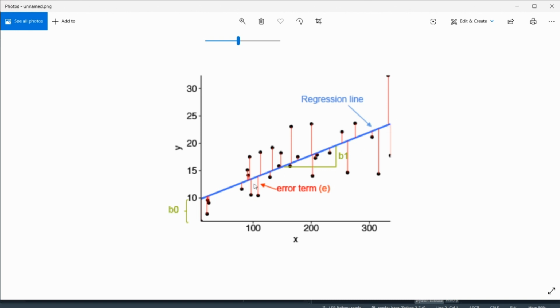So how is simple linear regression going to create this line, I mean the best fitting line of our data set? It's going to be created by calculating the error term for the line. Now what is the error term or error rate E? Let's say for the black point the value of y is like 10, but our model predicted a value which is going to be like 13 or something like that. So it's going to first calculate the difference between the actual value and the predicted value, and then it's going to square it, so that it's not the case that one error is positive and another is negative.